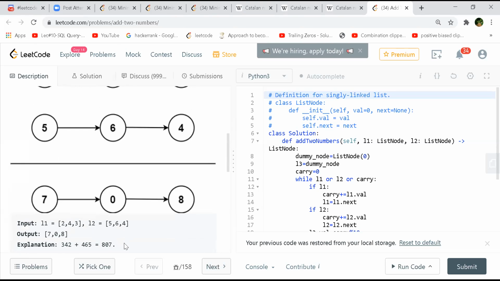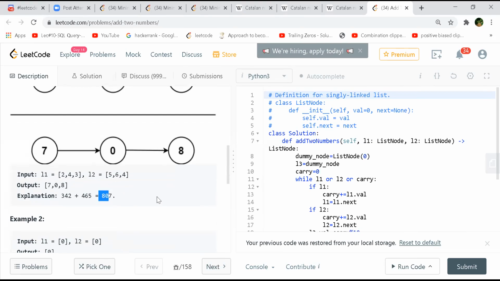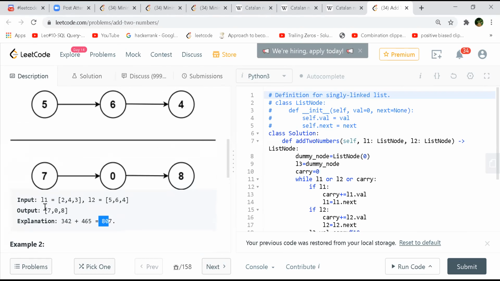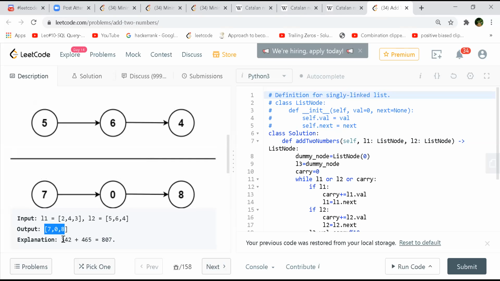This one is the proper result. Yeah, both are the same, but it is explaining how it is done. But output will be 708. Output will be 0. So the explanation is the way we traverse. Sorry, actually the explanation is that the real numbers will be in the correct format. Okay, my bad. Now they have made it opposite in the list, and the result is given according to the list: 5 plus 2 is 7, 6 plus 4 is 10, and 3 plus 1 is 4, with the carry, 8.